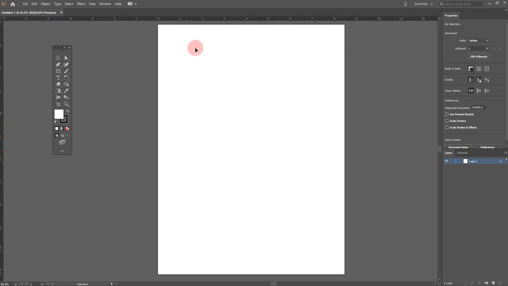To use rulers, what you do is you click on the ruler itself and you drag. You click, you drag. Click and drag. Now the default setting in Illustrator is that